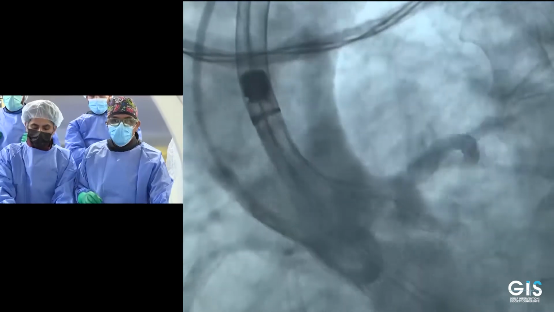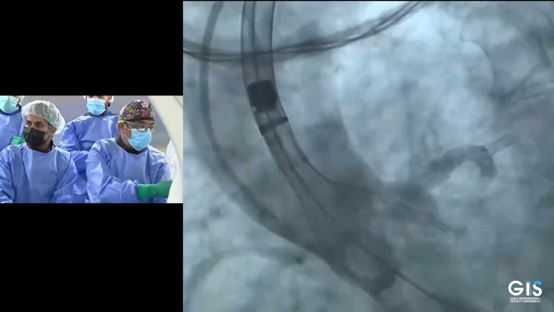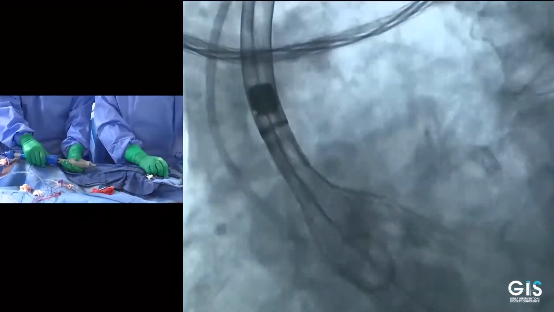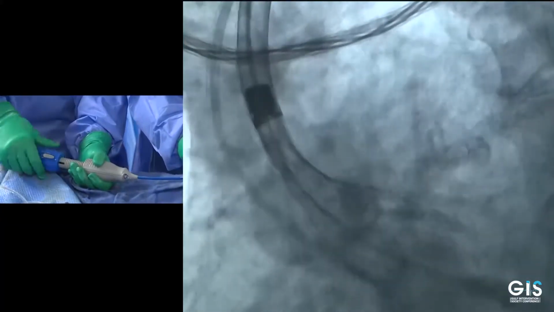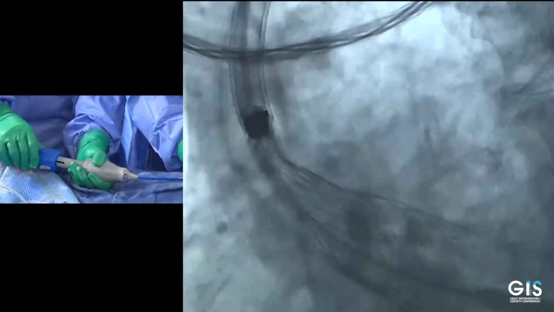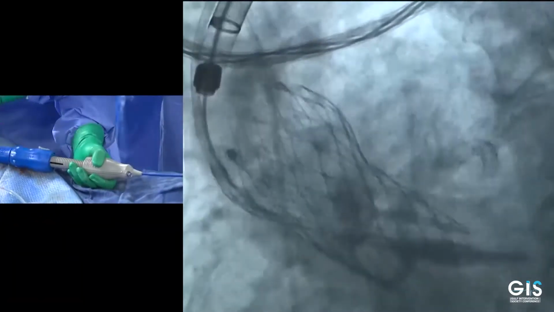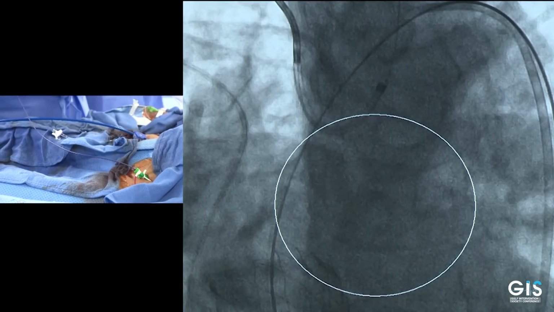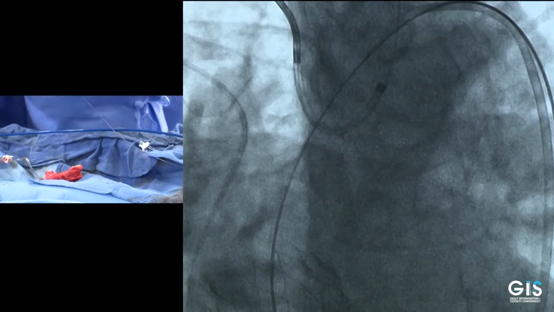Okay, so we're going to be deploying the valve right now. Dr. Fahad, ready? Ready. Okay, pacing ready? Yeah. Okay, go ahead. So now we have deployed the valve. We'll take 2 pictures just to see if there is any paravalvular leak, and then we'll take the system out,